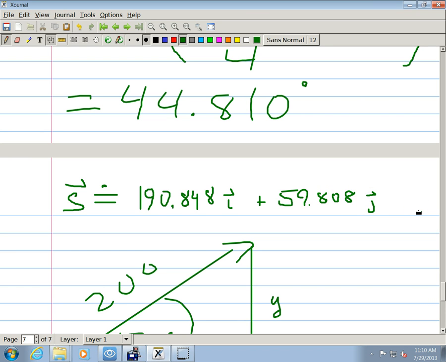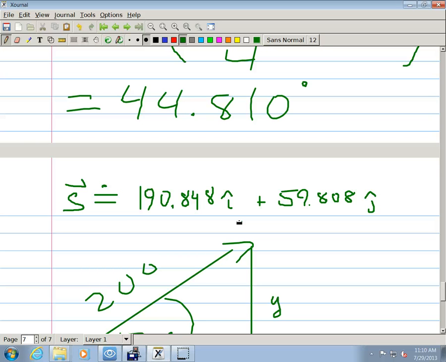Have you seen this notation before? Okay. i is a unit vector. In fact, very often they don't use an arrow on top to denote a vector. They use a caret or a hat on top to denote a special kind of vector called a unit vector. And likewise here, which means it's a vector going in a certain direction, but it has only a length of 1. So if you think of i as a unit vector pointing in the x direction, and j as a unit vector pointing in the y direction, this means go 190 miles in the i direction, in the x direction,